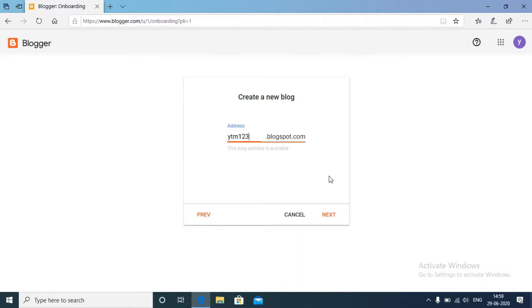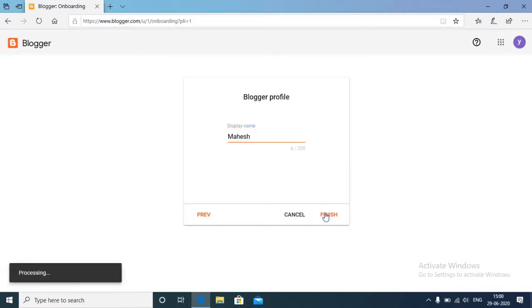Click next. And display name, this is the name that displays as the title. For example, I am giving Mahesh. Finish. It will create a blog for us.